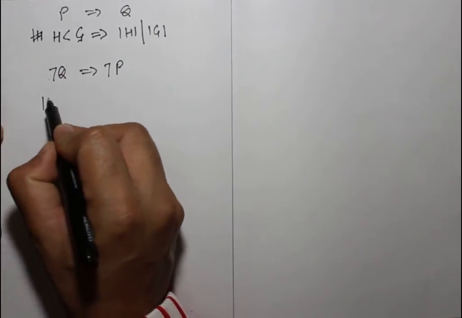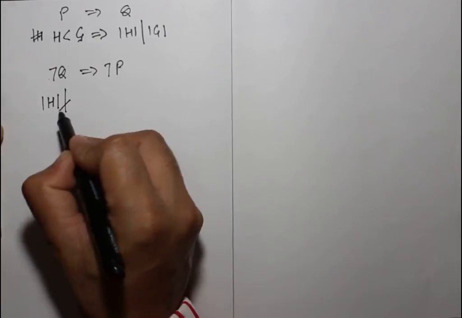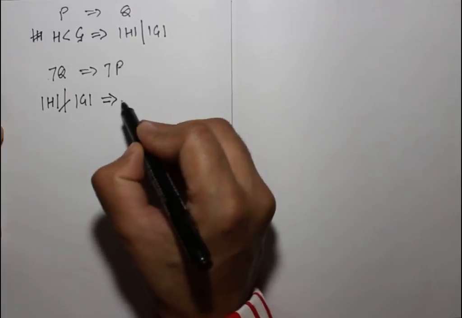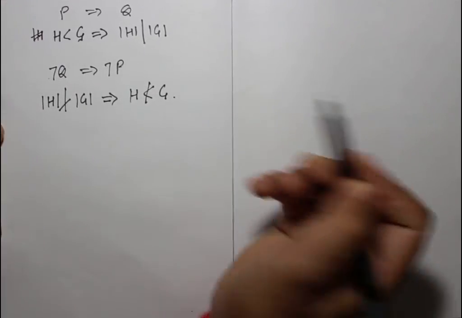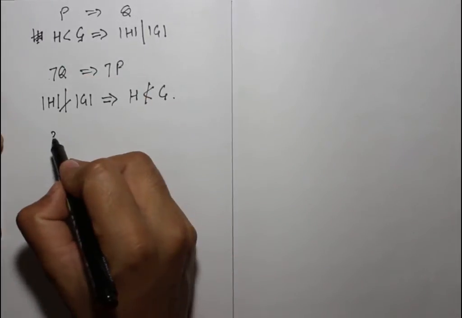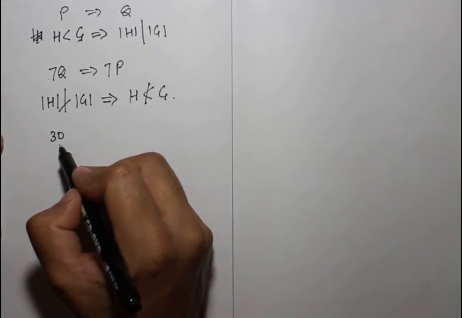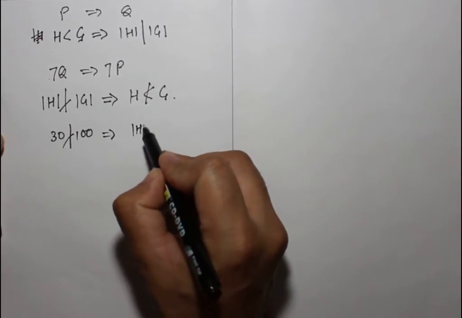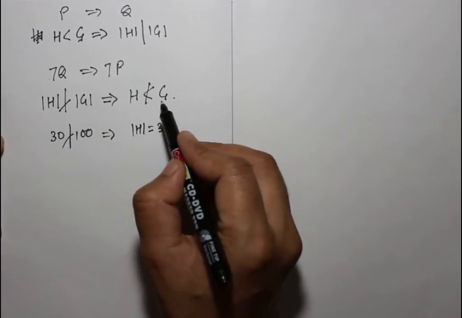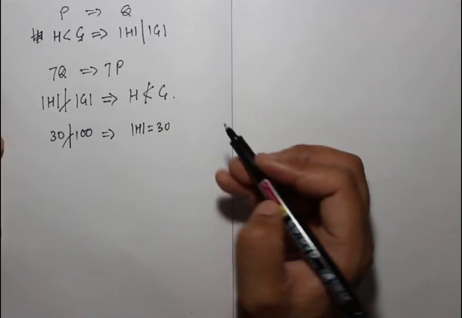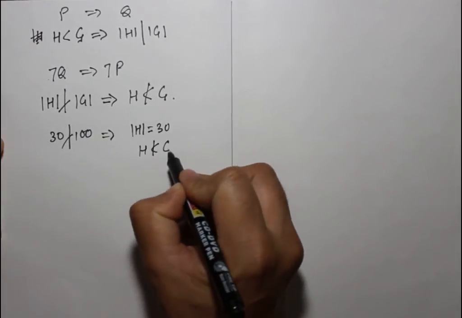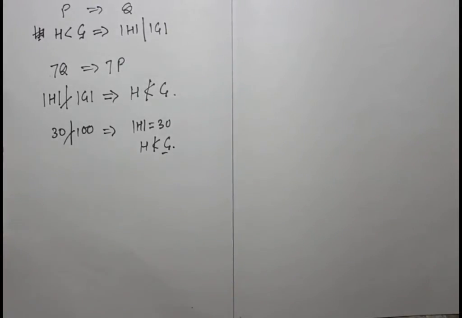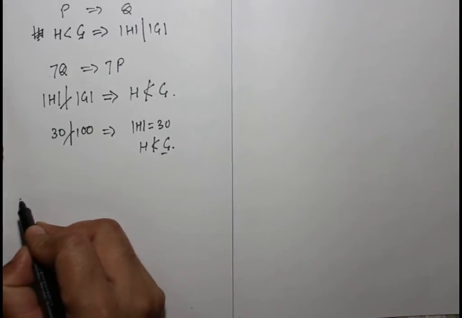It implies that if order of S doesn't divide order of this group, it implies S cannot be subgroup of G. Okay, तो 30 नंबर जो होगा 100 को डिवाइड नहीं कर रहा है, तो ऑर्डर 30 का G के पास कोई भी सब ग्रुप नहीं हो सकता। ठीक है, S कैन नॉट बी सब ग्रुप ऑफ G। इस टाइप से हम डायरेक्ट बता सकते हैं। अब सिमिलरली ऑर्डर ऑफ एलिमेंट के लिए अब देखिए,